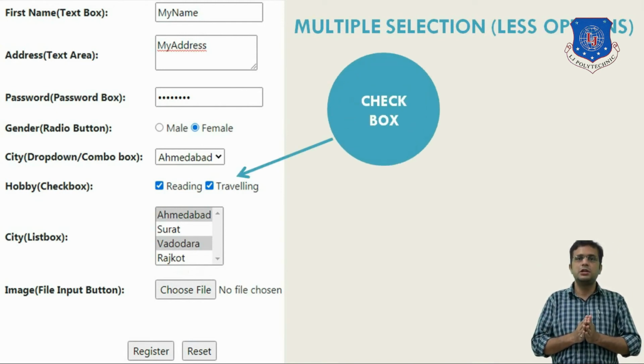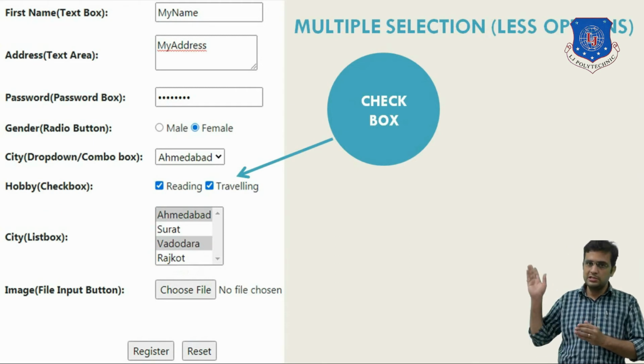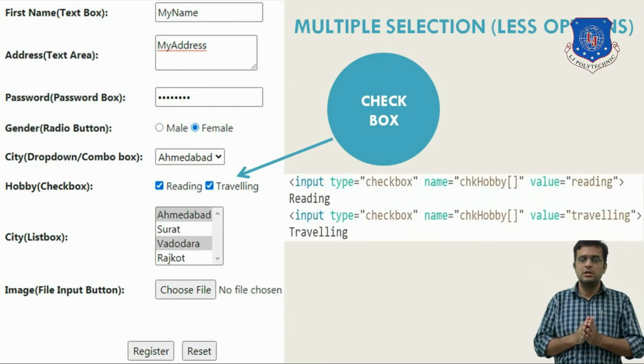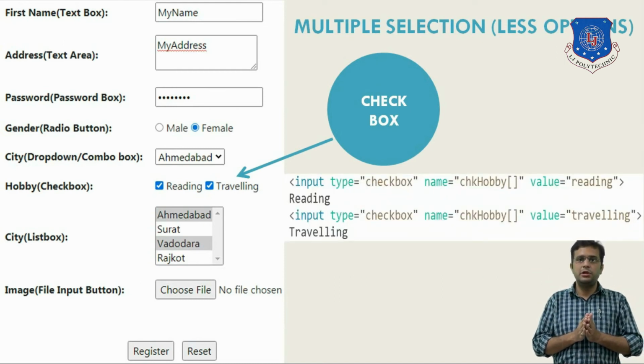Checkbox facilitates user to choose more than one option if he wants. So here is a code to create a checkbox. You can observe that it is similar to radio button, just we need to change the type property as checkbox. The rule to create radio button also applies here, means you have to set the name property same for the checkboxes that pertain to the same group. Also you have to set the value property for all checkboxes. So here I have created checkboxes to accept hobby from user.